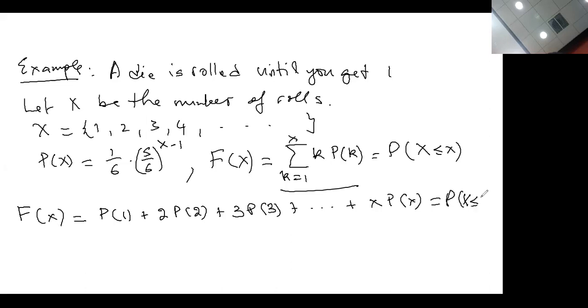Probability that X is less than or equal to small x. So we can write this again as sum from k equals 1 to x of k over 6, 5 over 6 raised to power